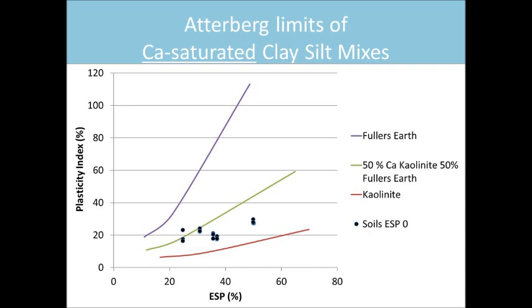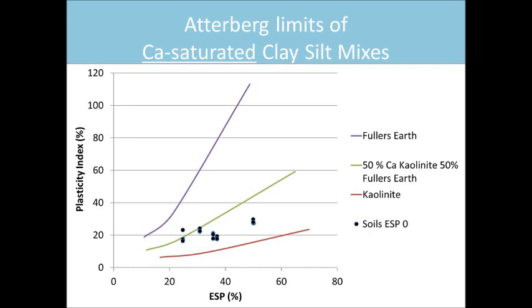So for the calcium saturated state, or the 0% ESP state, I took Fuller's Earth, which is actually a mix of palygorskite and smectite, but its liquid limit and plasticity index were very similar to published values for calcium smectites. And I mixed that with the silt mix, and I mixed the kaolinite with the silt mix, and I mixed the 50-50 mix of calcium kaolinite and Fuller's Earth, and I found that